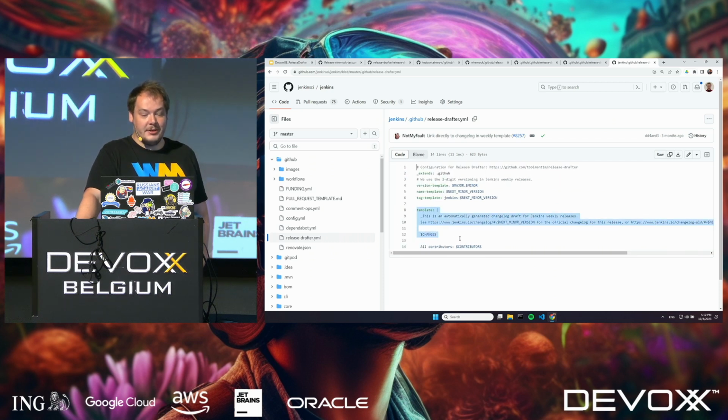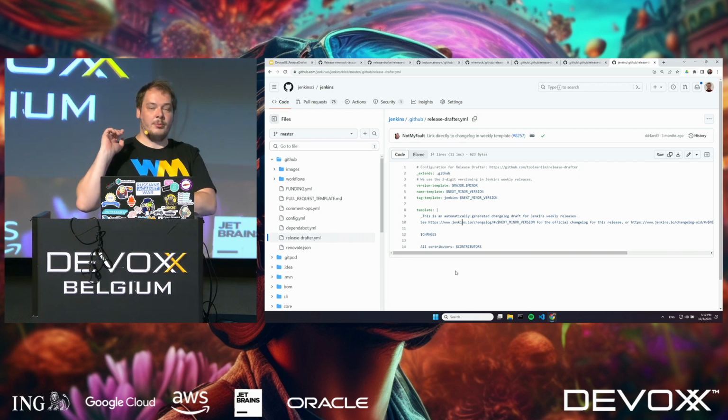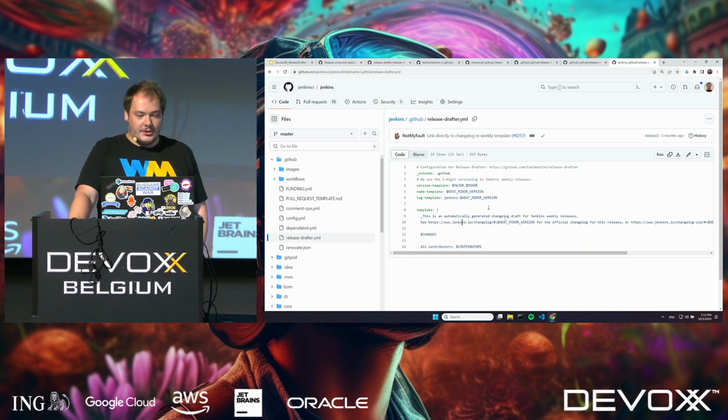We replace the template to add a disclaimer. We use it to indicate that it's not a final changelog. Final changelog will be published on our website. But this changelog is fully automated. Every time we have a Jenkins release, it's still called weekly release, but actually we can release every day as we wish. And here this release just